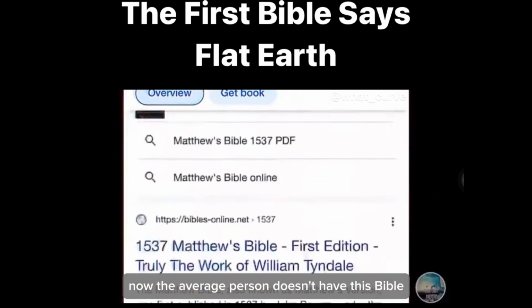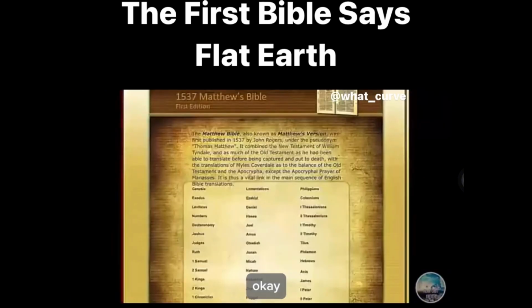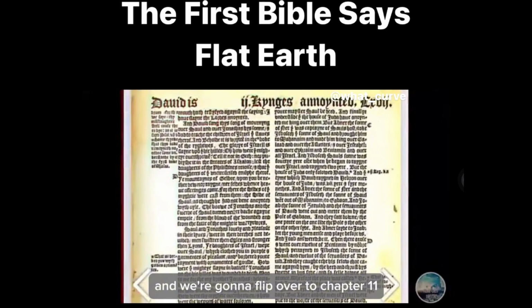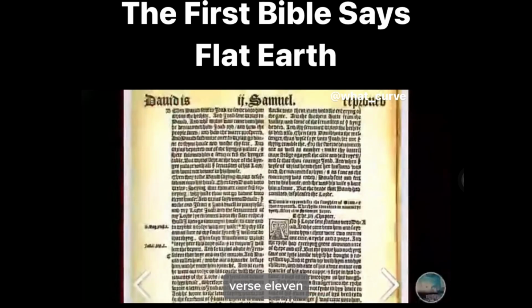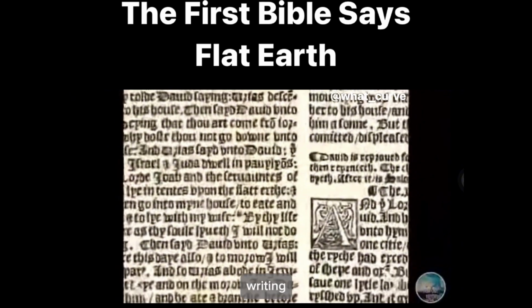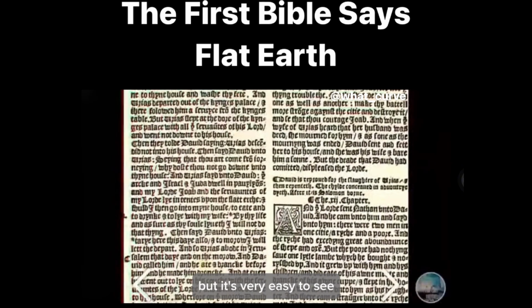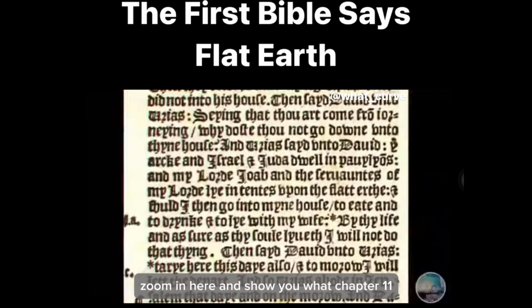Now the average person doesn't have this Bible, so let's go to Google and I'll show it to you this way. It'd be the very fastest and simplest way to do it. Okay, now let's go to Samuel 2, and we're going to flip over to chapter 11, verse 11. Now in 1537, they use this Gothic writing, which is difficult for a lot of people to read, but it's very easy to see. I'm going to zoom in here and show you what chapter 11, verse 11 says in